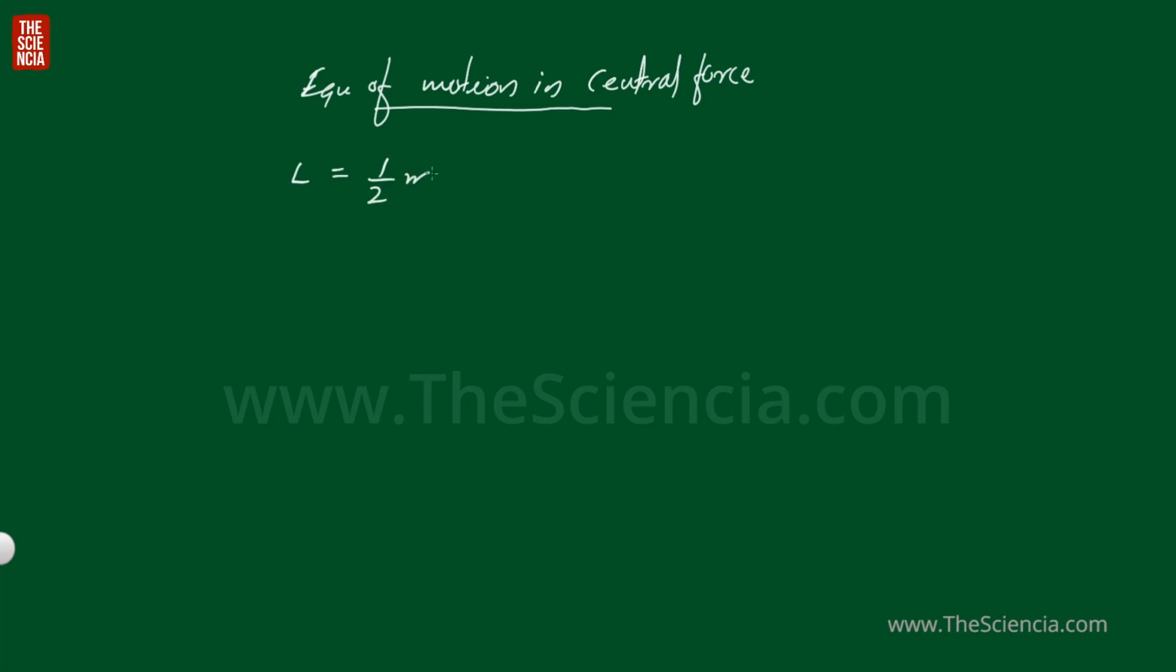Next topic is equation of motion in central force. We know the Lagrangian in a central force, that is L equal to 1 by 2 m (r dot square plus r square theta dot square) minus V of r. And when considering the equation of motion,